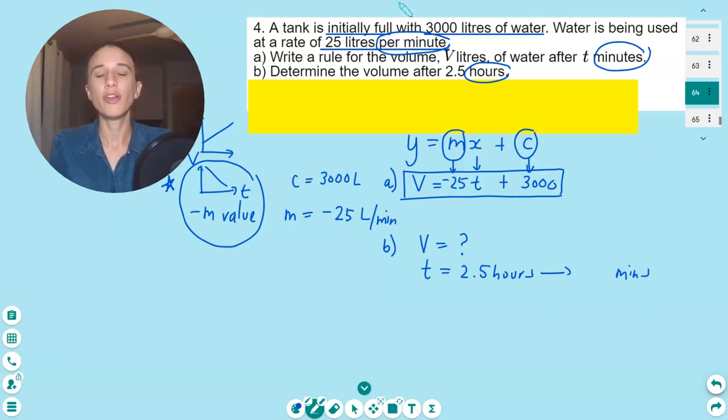How do I convert hours to minutes? Well, I know that the conversion factor is 60, and it's just whether I divide or times. And I know that there is a lot of minutes in an hour, so I'd expect the number to be getting a lot bigger, right? So I'm going to multiply. So 2.5 times 60,